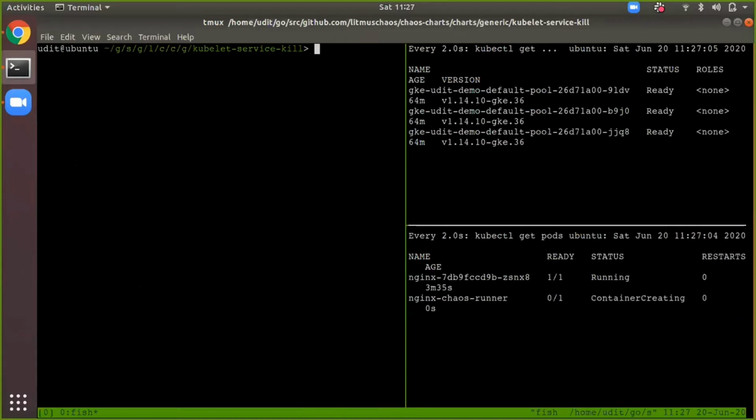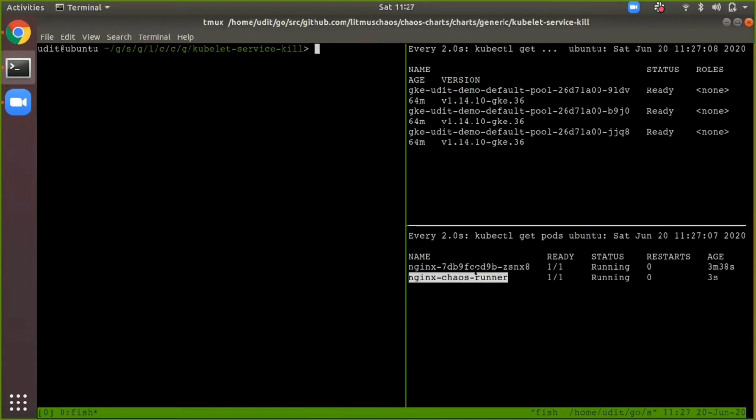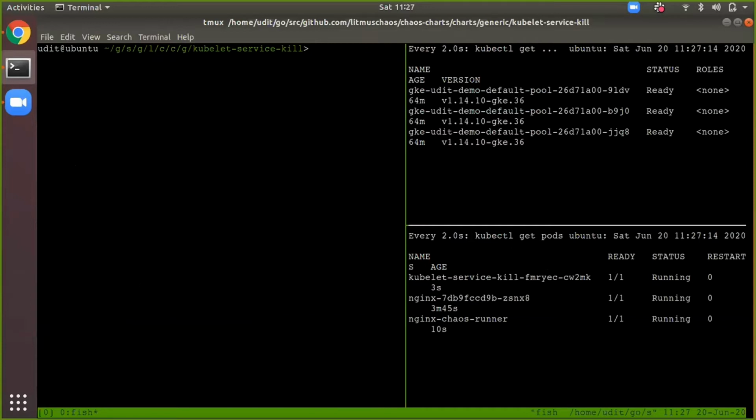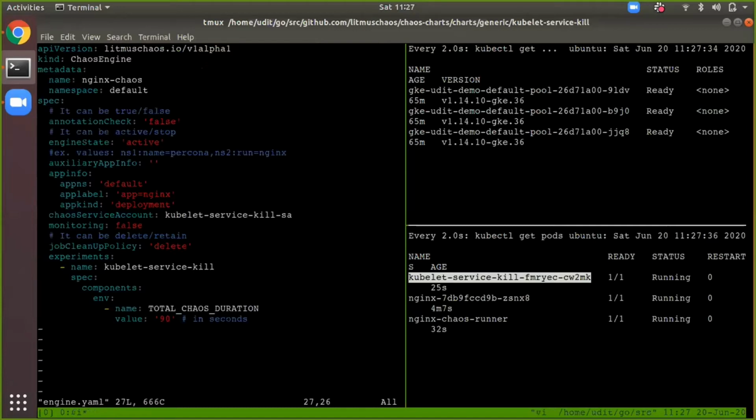As soon as the engine is created, a runner pod comes up, which will create the experiment job pod, which is the kubelet service kill. This job pod will have the logic to go and kill the kubelet service for the specified duration, like I showed you here. It's 90 seconds right now.